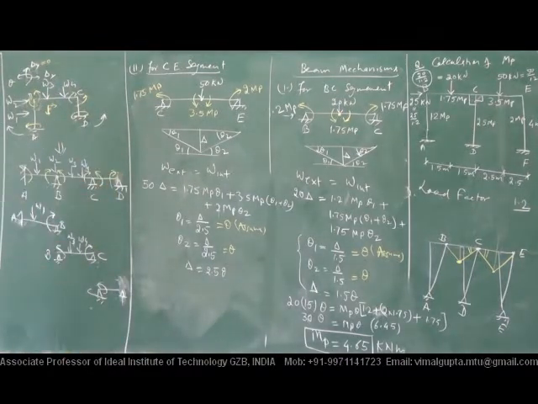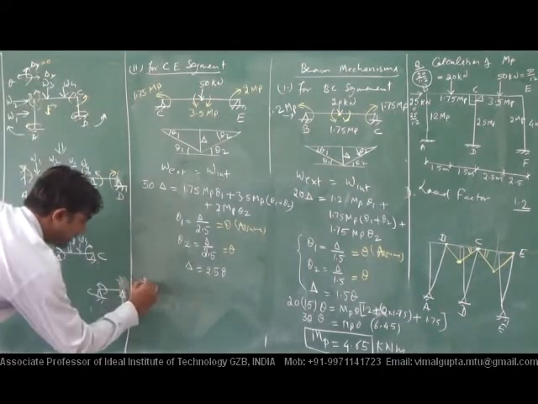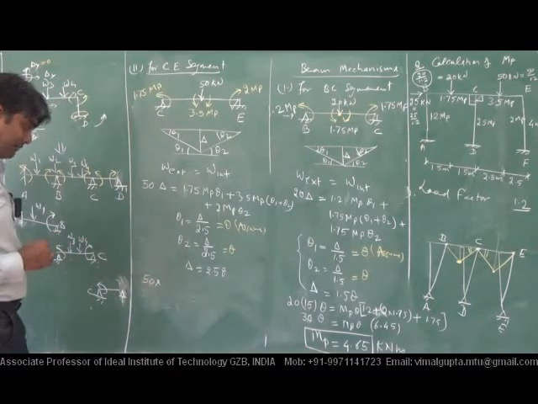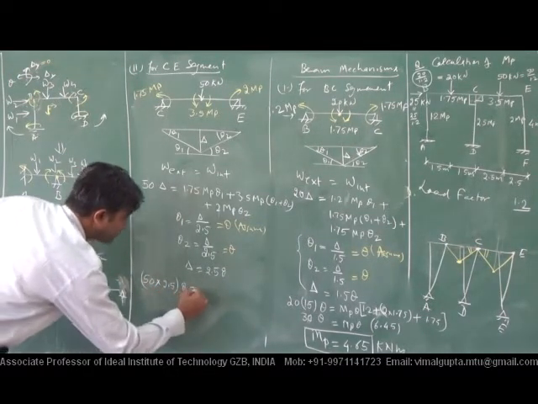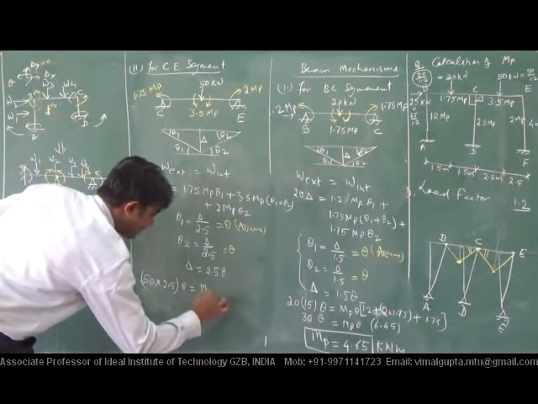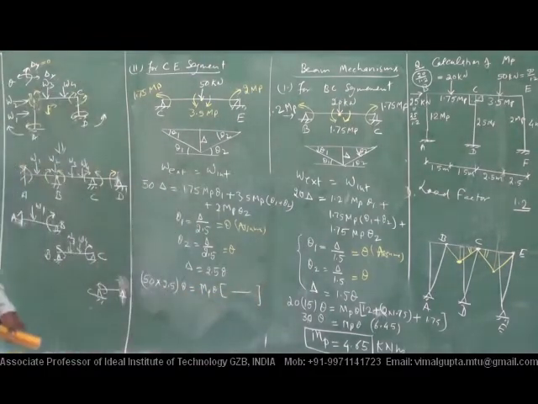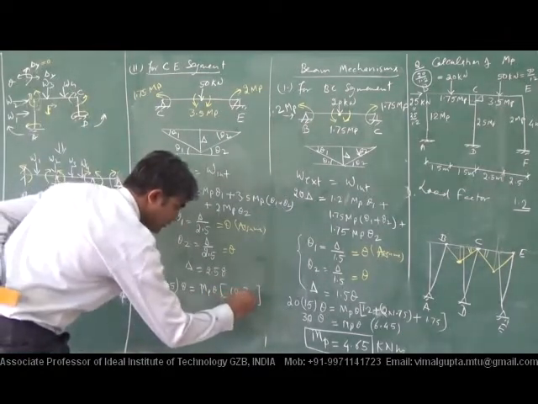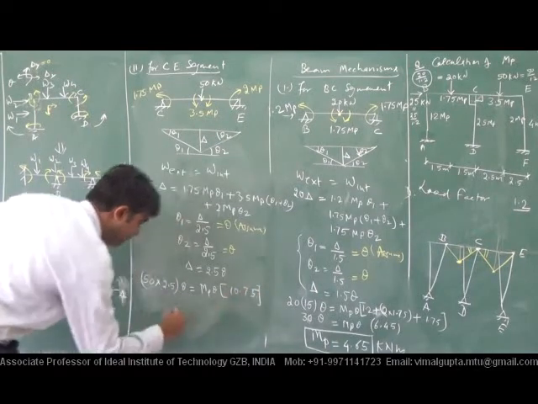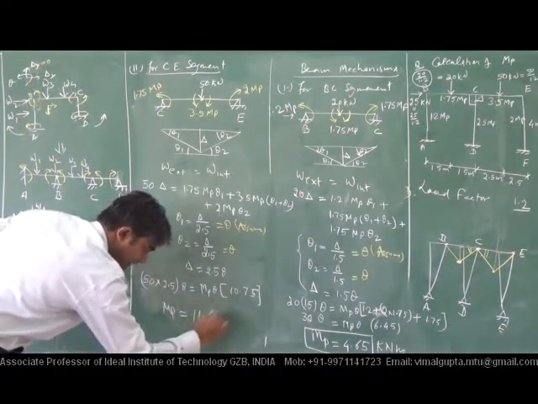Put these values. 50 multiplied by 2.5 theta equals MP into theta. Now tell me that value. 10.75. Then the value of MP comes to be 11.62